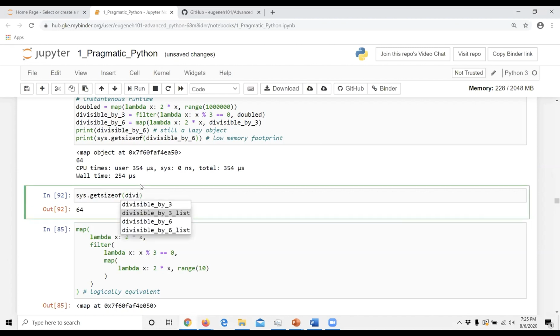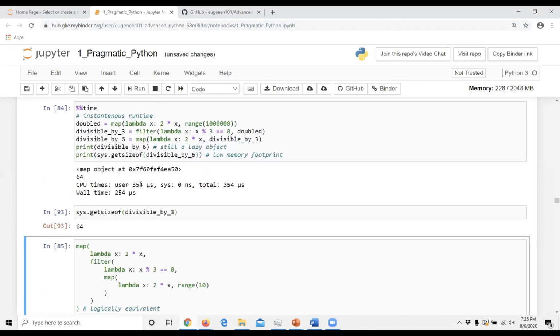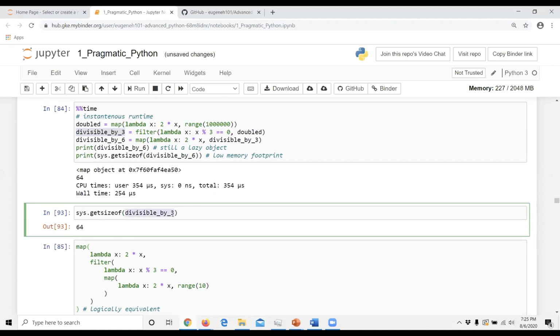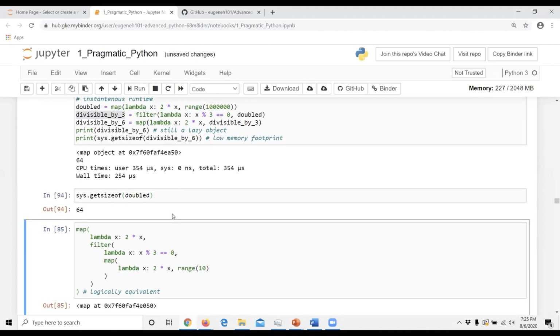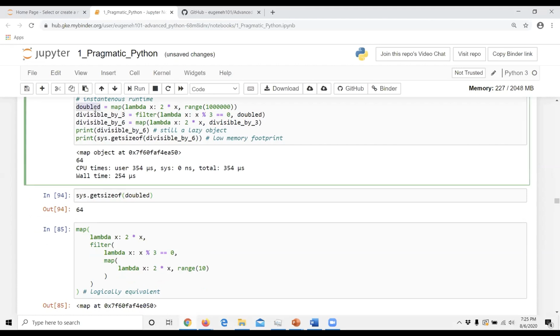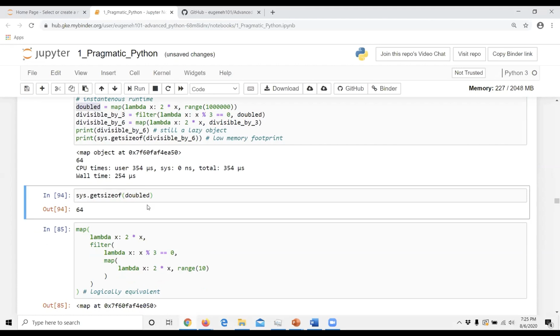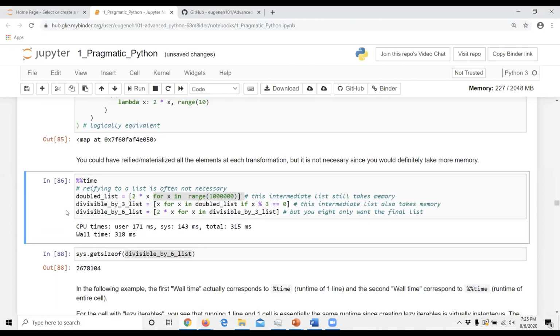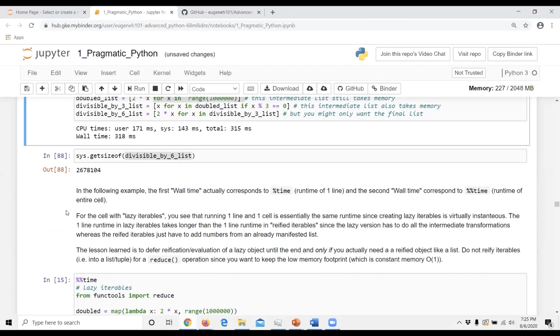This intermediate filter object is also 64 bytes of RAM. And the original map object is also 64 bytes of RAM. So altogether, they scale very well. It's basically constant. So that gives you the RAM efficiency of using map and filter.